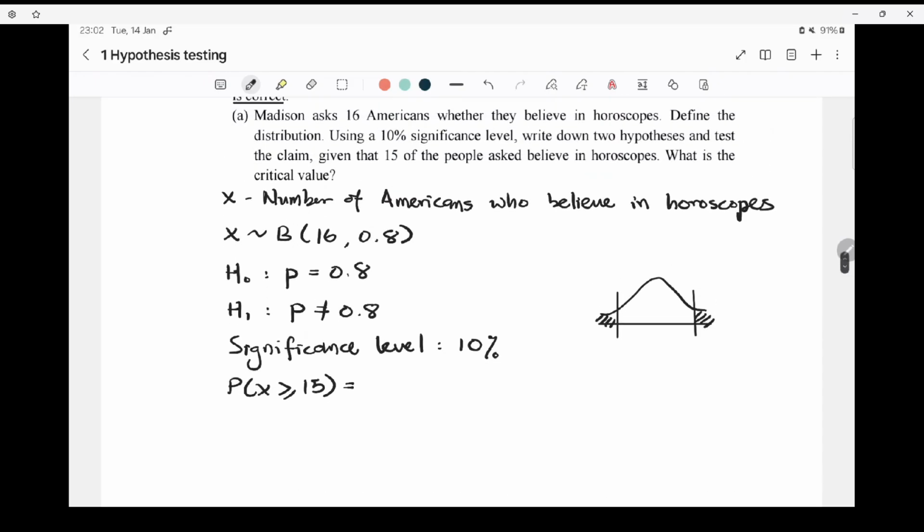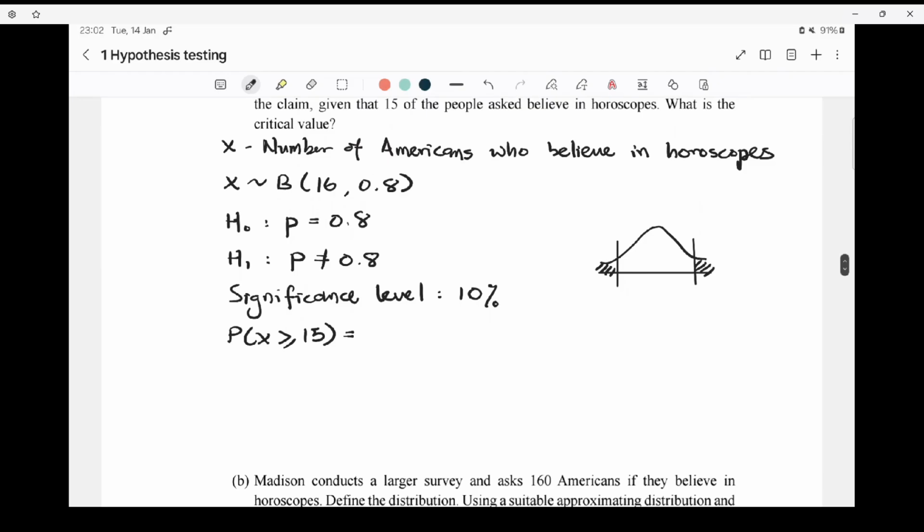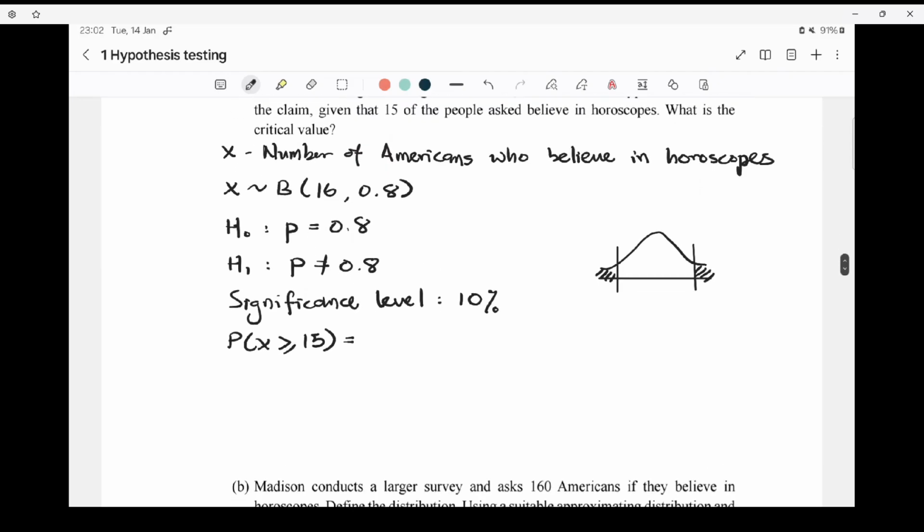This is a two-tail test. You can either do it like this, so this is P(X = 15) plus P(X = 16),